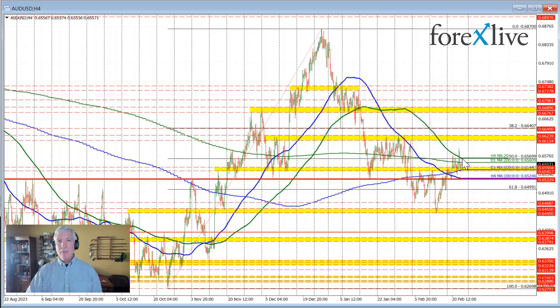So getting above both the 200-bar moving average on the 4-hour chart, the 50% retracement, and the 200-day moving average, those are all levels that need to be broken in order to increase the bullish bias for this pair. Absent that,